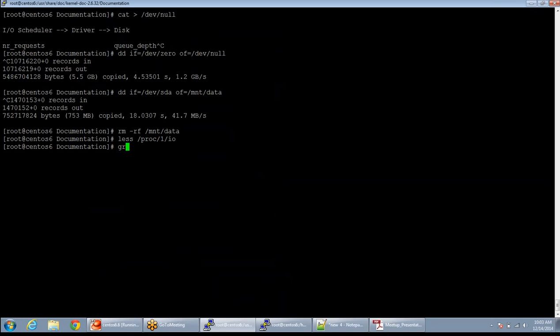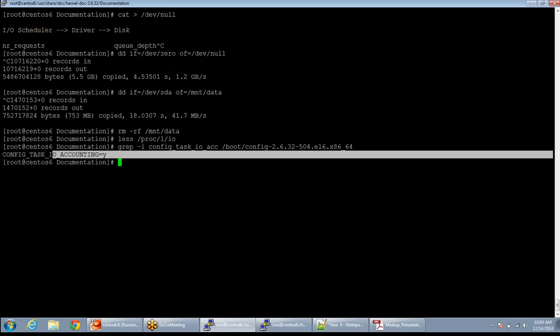You also need to have your kernel configured with the parameter CONFIG_TASK_IO_ACCOUNTING. This parameter needs to be compiled inside your kernel. So in case I am running a system below Red Hat 5.8, what do I need to do if I need to find out